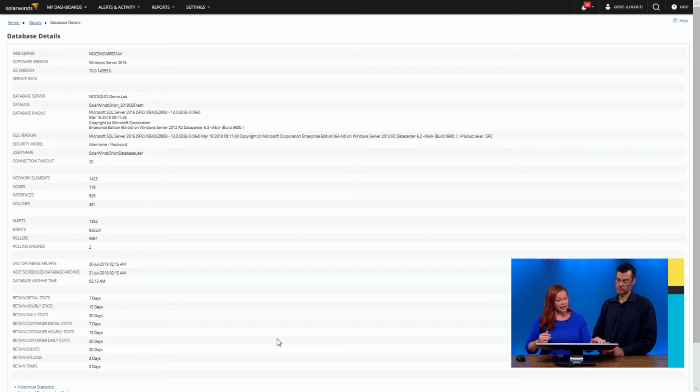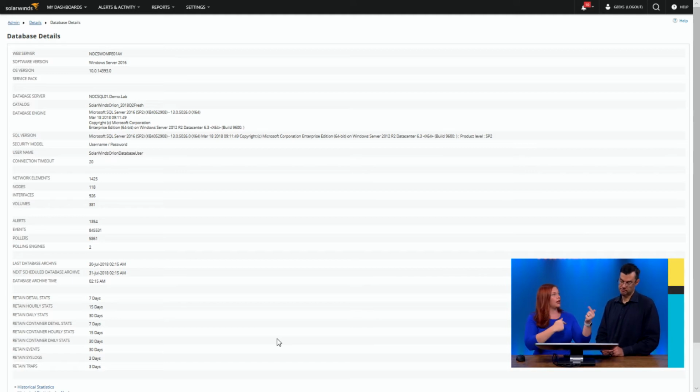And it'll show you the last database archive, so that's great information to know, because if it's not archiving, we probably need to check in that location. It also tells you when the next one's scheduled, so you know, is it a weekly schedule, is it daily? If you're using the Orion maintenance, which you should be, it will actually be every night.